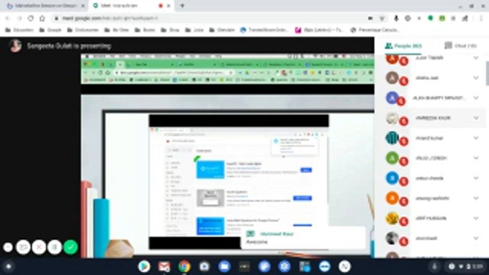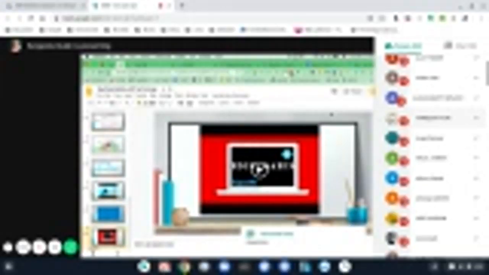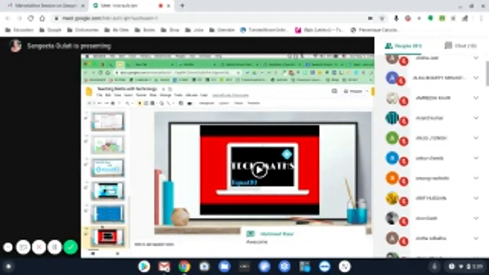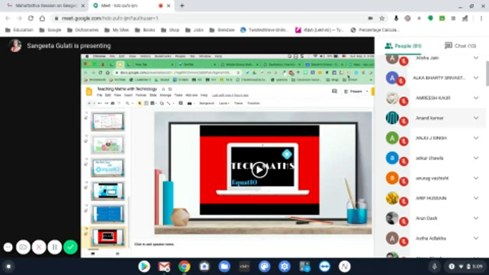So Equatio is an extension which you can pick up from the Chrome Web Store. And if you see my Chrome bar here, you can see there is an extension added right here. So if I want to, for example, in this